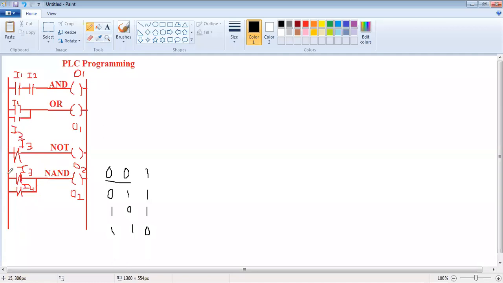So when 0, 0 input is applied, current will go through both the switches towards the output. Output is on. When 0, 1 input is applied, this switch is on. I3 is conductive. So current will go through I3, output is on.